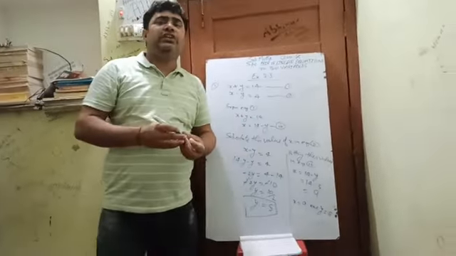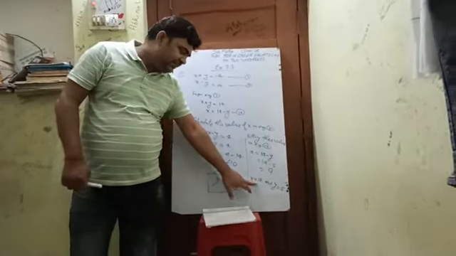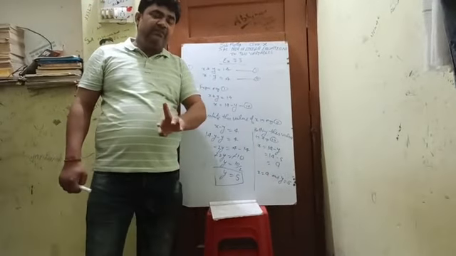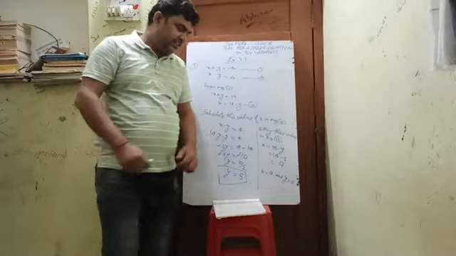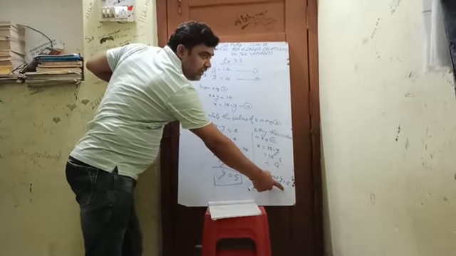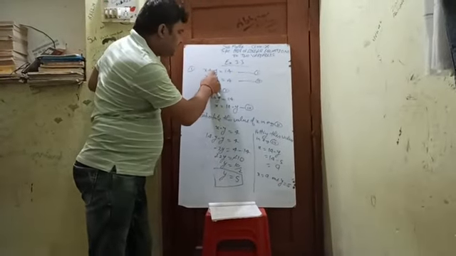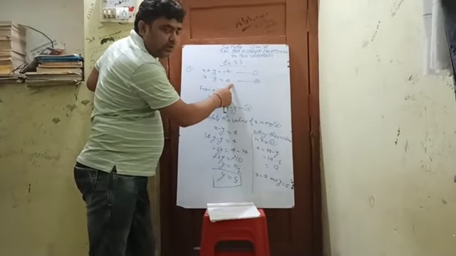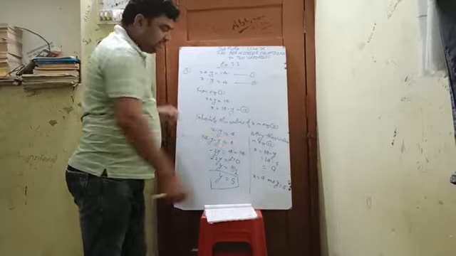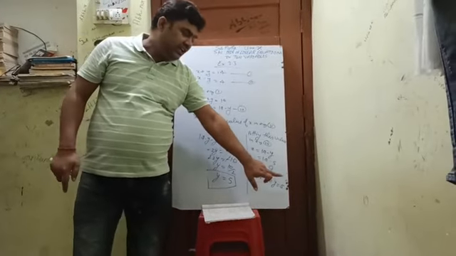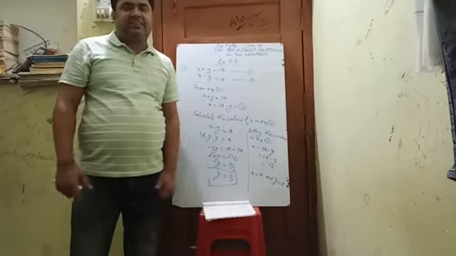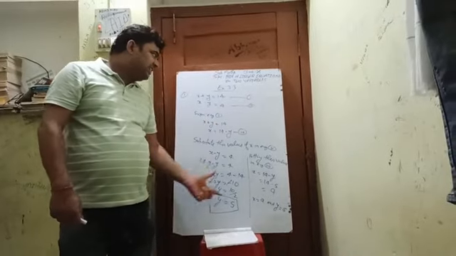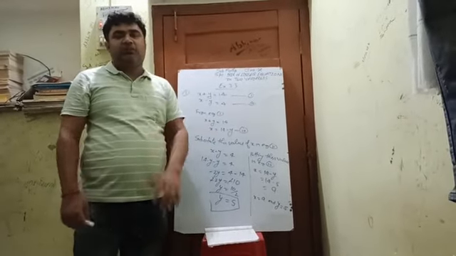See, there is no need to see the answer. By getting the values of x and y, we can verify whether our solution is correct or incorrect. The value of x is 9 and the value of y is 5. 9 plus 5 is equal to 14, and 9 minus 5 is equal to 4. So we are getting the same answer. This means the solution x is equal to 9 and y is equal to 5 is correct. On the basis of this, I have solved the first; the remaining you have to solve.